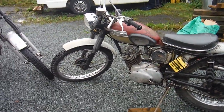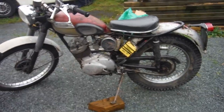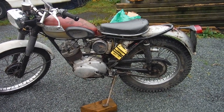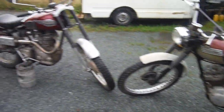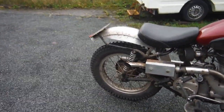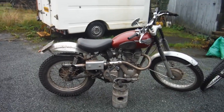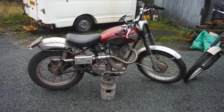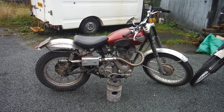But very interesting, very enjoyable bikes. Both of them have got reasonable suspension. The rear shocks on the Tiger Cub have got more give and travel, perhaps a little bit more than the original ones would have had. And the Enfield definitely has, because I only changed them fairly recently. But still feels like it would be quite easy to get out of control on the Enfield and perhaps end up becoming a perler,